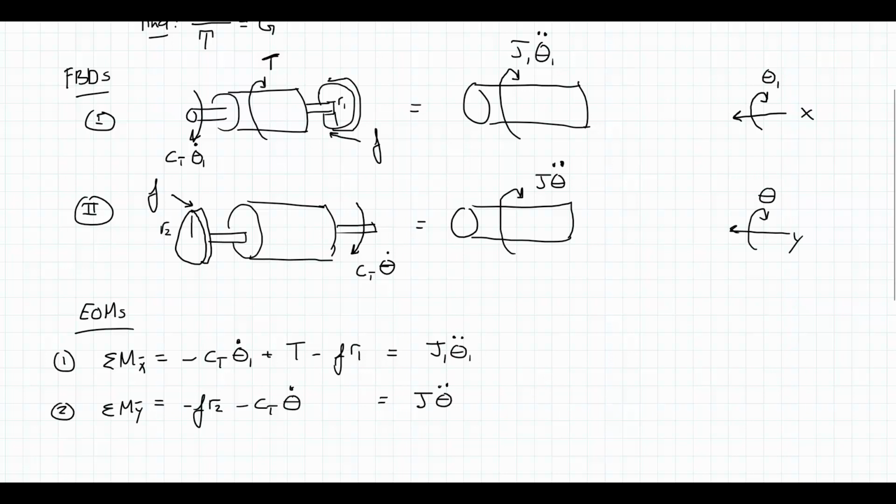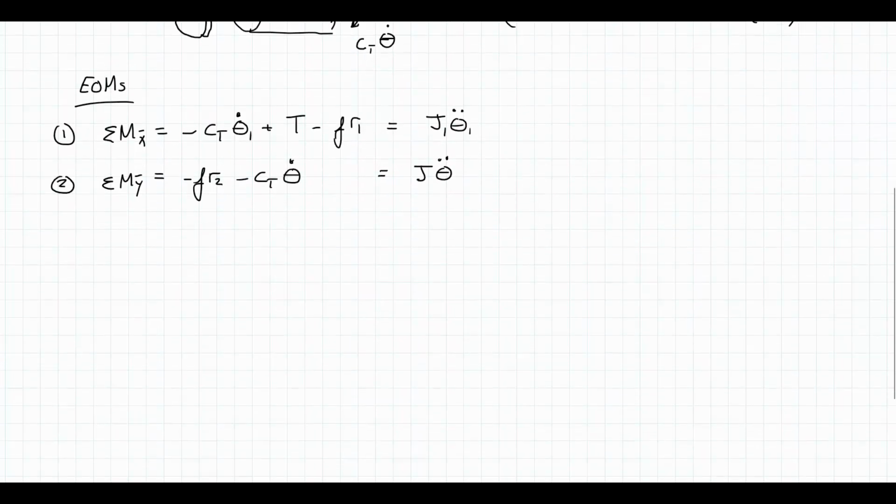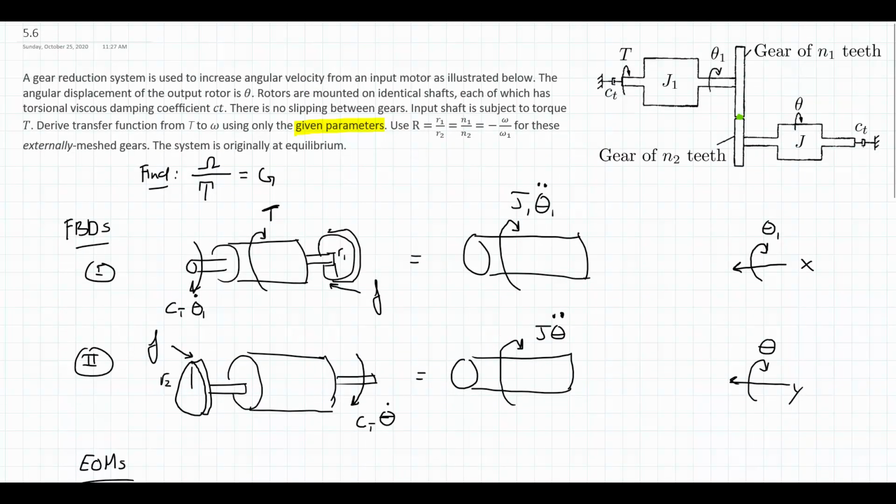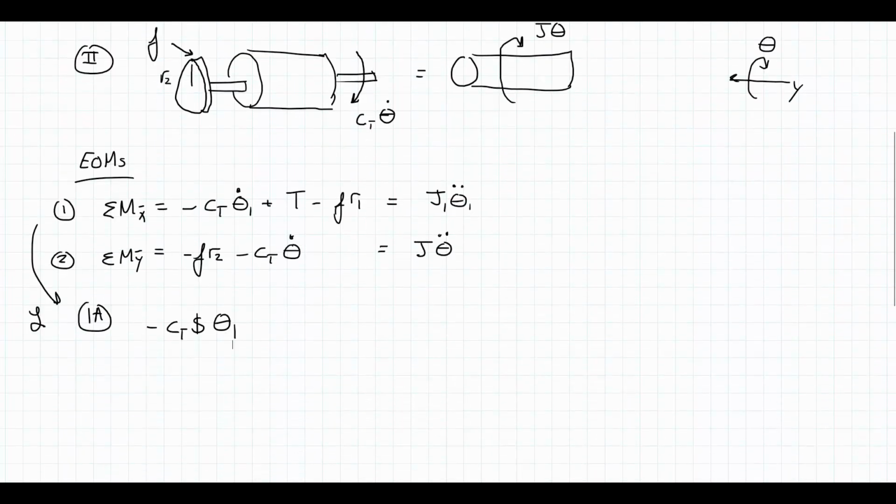I can only get two equations of motion because I only have two degrees of freedom, the rotation around the x-axis, the rotation around the y-axis. So I'm going to take these into the frequency domain. So 1a is going to come from taking equation 1 and doing a Laplace transform. So I will have a negative CTS theta 1. Going back, we are told the system is originally at equilibrium, so all of our initial conditions will be 0. So that's where I just get CTS theta 1 plus,